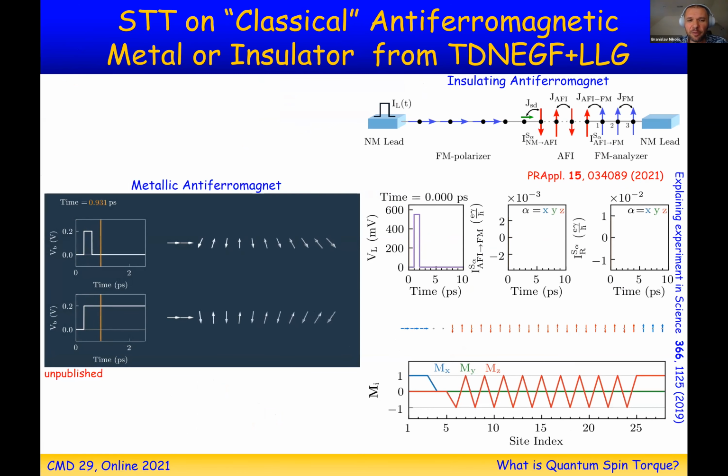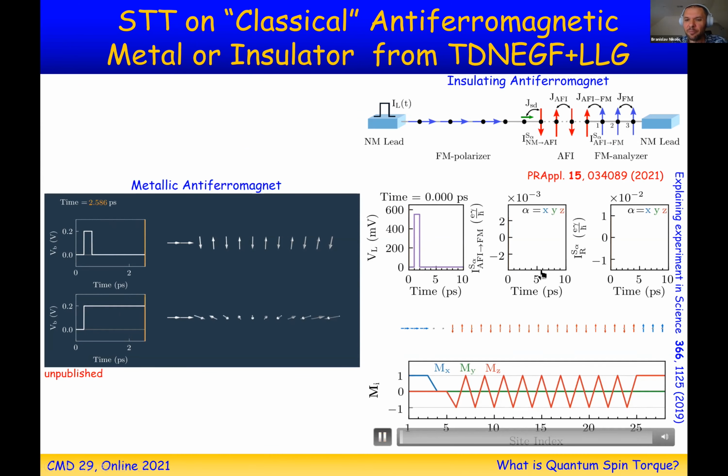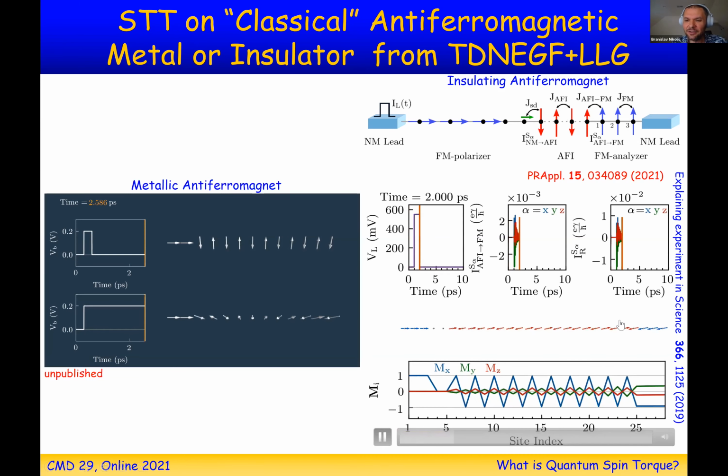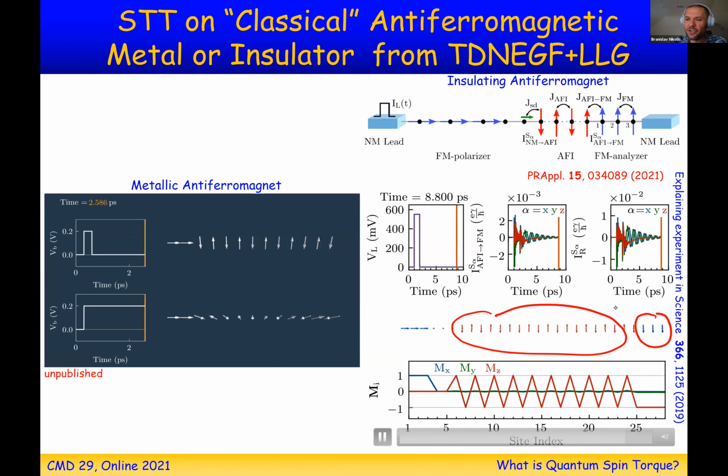And for the people who come from the strongly correlated community in this audience, they might be puzzled, what does it mean, classical antiferromagnet? Well, in the spintronics community, people like to think that an antiferromagnet is just a collection of sticks of a fixed length, which are oriented up, down, up, down, up, down. And if you hit them by torque, for example, here I'm going to hit an insulator by torque, electrons cannot propagate, but I can see that there is a spin wave going through this region, and then eventually I can transfer that magnon to the other side and switch the magnetization of the ferromagnetic layer.